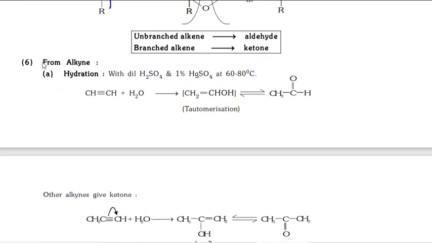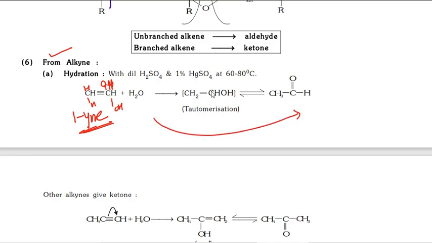Next, from alkynes. From alkynes, by hydrolysis we can make carbonyl compounds. Terminal alkynes, and acetylene, give aldehydes. Here, addition of water: you can take one mole HOH, again one more HOH. The same process: two hydroxy groups are on the same carbon, then you have to remove a water molecule, then also you will get it. Otherwise you can write the keto-enol tautomerism mechanism, then also you will get it. Two types of mechanism are there.